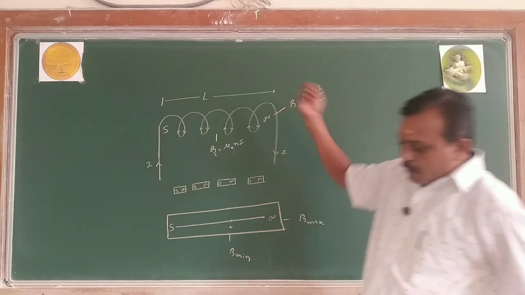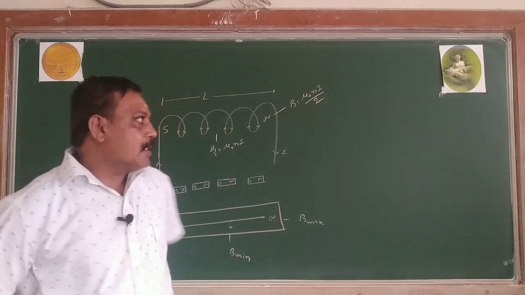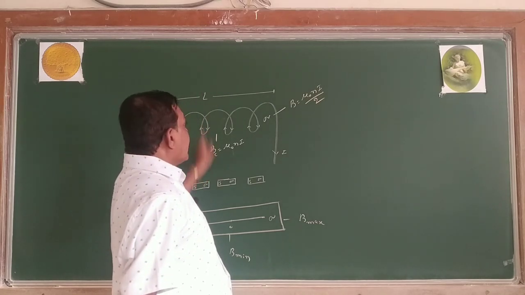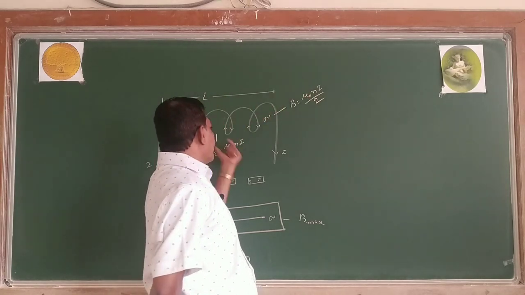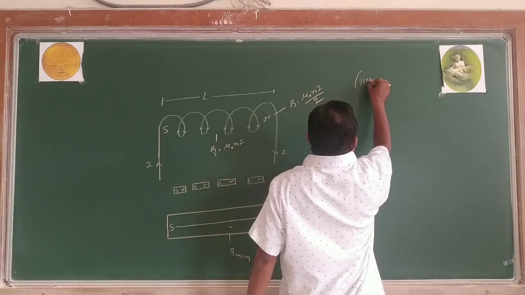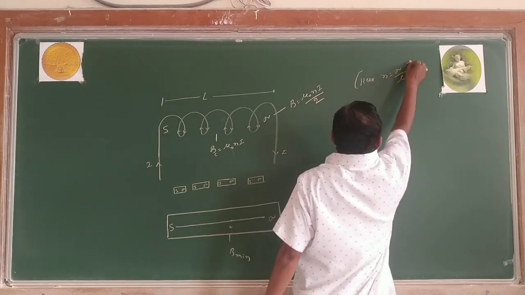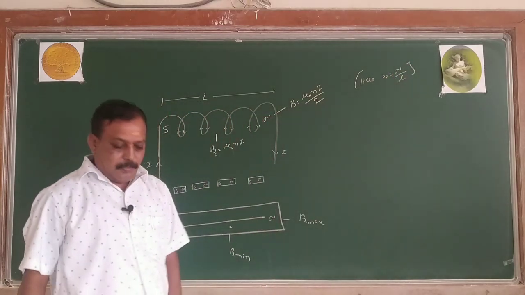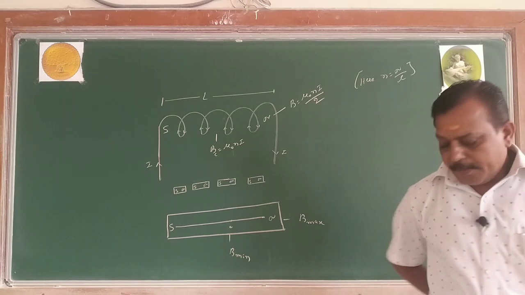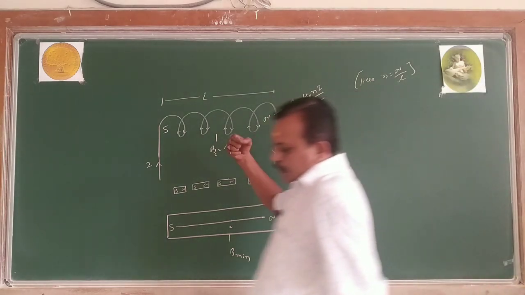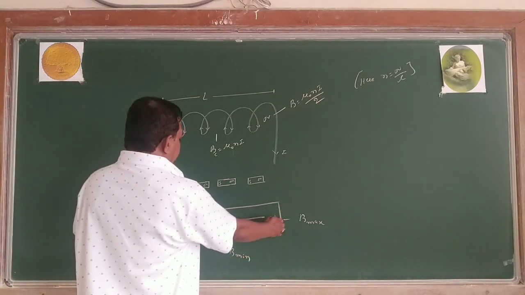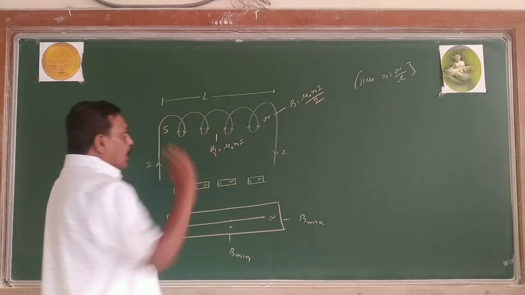The magnetic field is maximum at the ends and minimum at the center of a bar magnet. But in the case of a solenoid, the magnetic field is maximum at the center, that is mu naught N I, and minimum at the ends, that is half of the magnetic field produced at the center. Here small n is the number of turns per unit length. Now this is about what? The current carrying solenoid acting as a bar magnet. Every turn of the solenoid acts as a tiny bar magnet. The number of turns together gives what? The bar magnet. One face is acting as a south, another as a north.